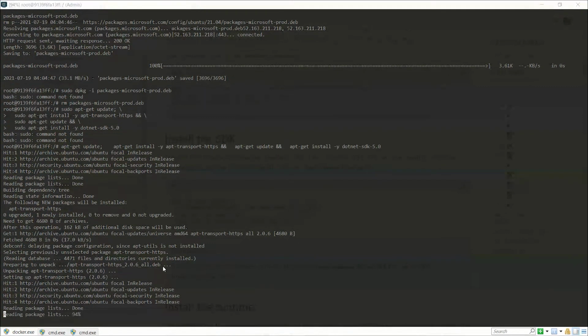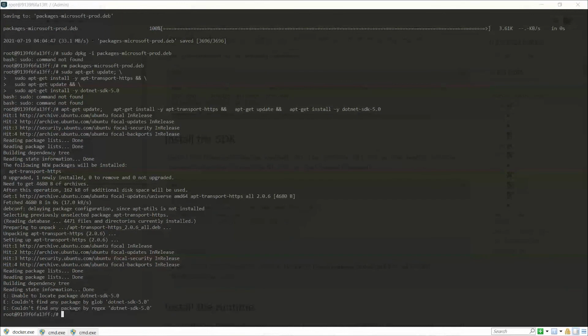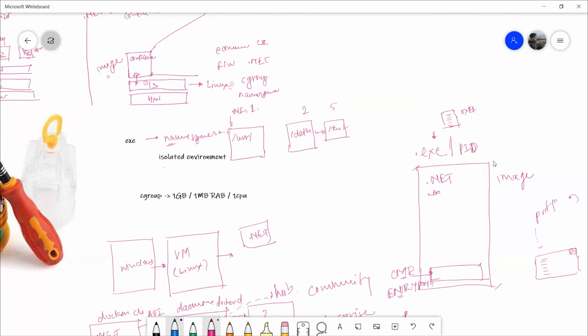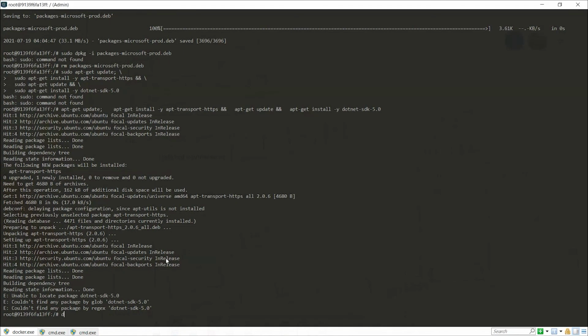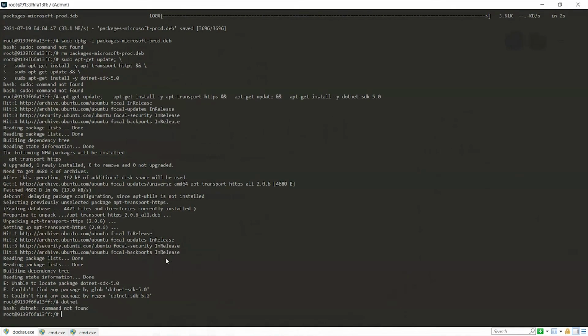The container image that we got was pretty basic. What we had was this, and then we gave the command bash and it started a shell. And we know how to run commands on the shell to install .NET Framework. So we went to the internet, we read through the documentation, and when we ran those commands, we have .NET on this machine. So now if I do .NET, it failed because it is unable to locate .NET SDK